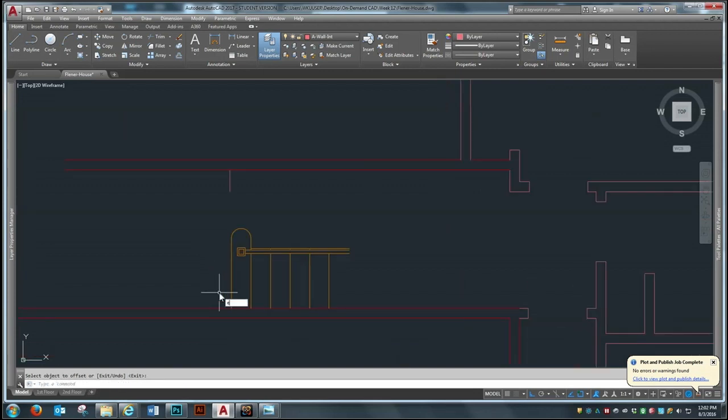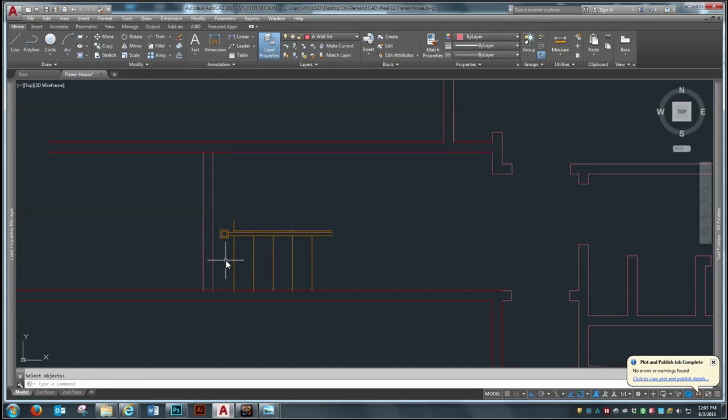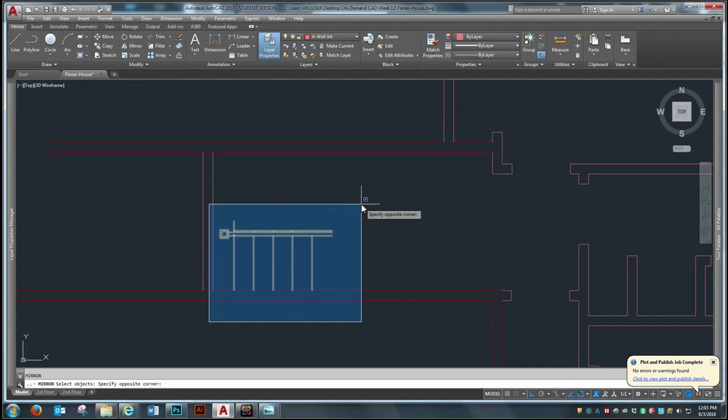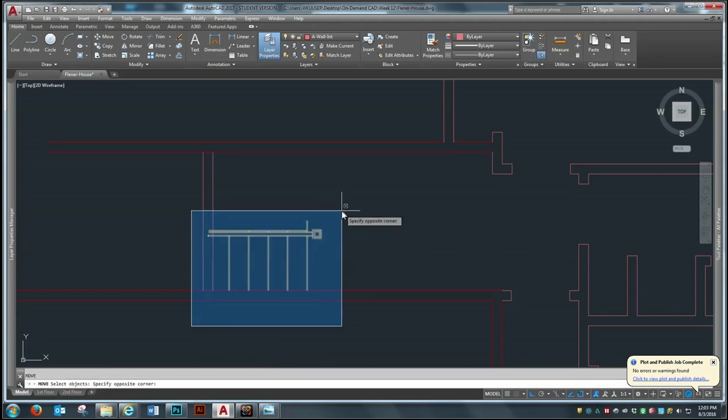Okay, we're going to erase this part of the stairs, and we will extend (EX) this line down. Offset it 6 inches. And then we will mirror the stairway. So I just do mirror. I'm going to use this. Drag my cursor down, then Y, enter, and we'll move